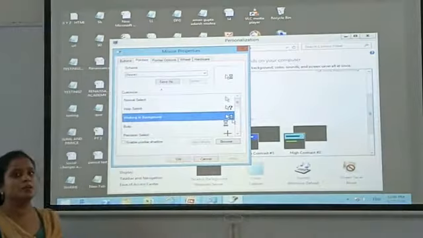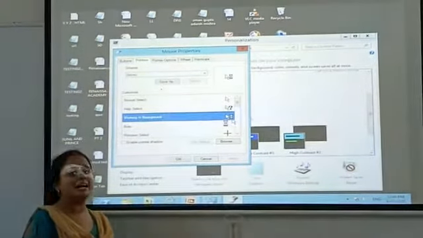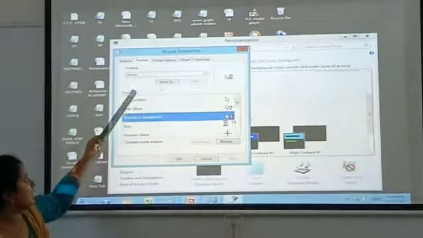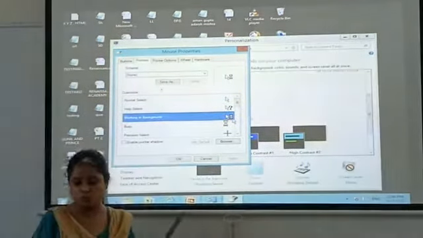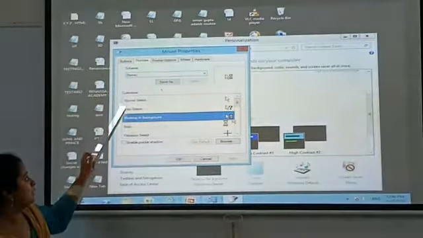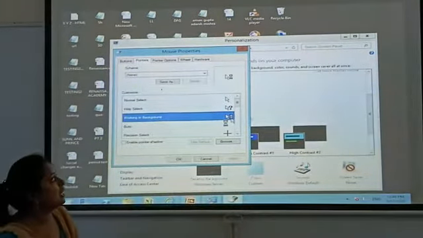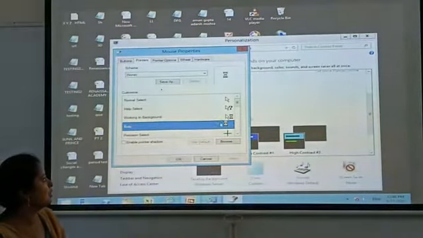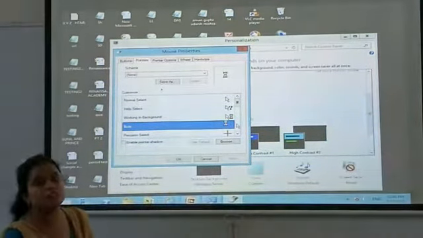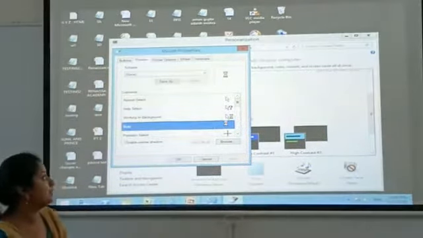The work has not completed. So this is Normal, this is Help Select, this is Working in Background. Now this one, if this is coming, it means the computer is busy.